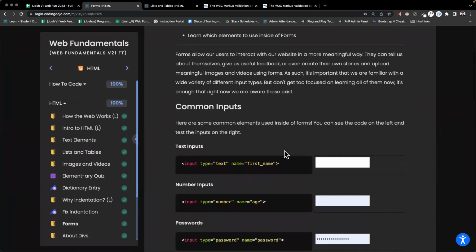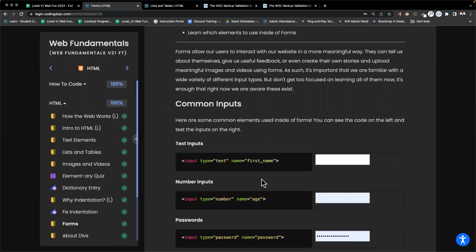This is an input for text. If I say input type text name equals first name, I'm giving it a name. This thing here that holds the name is for when someone creates the form, or if someone is